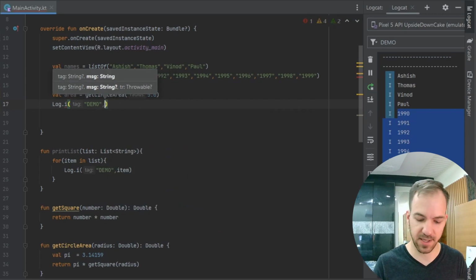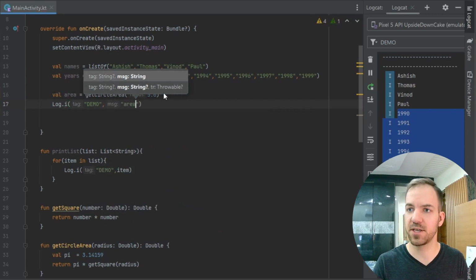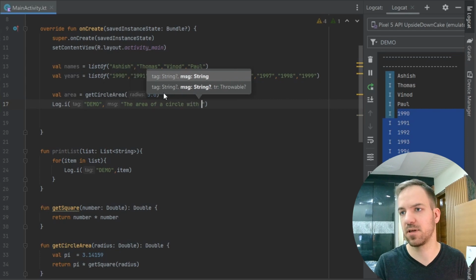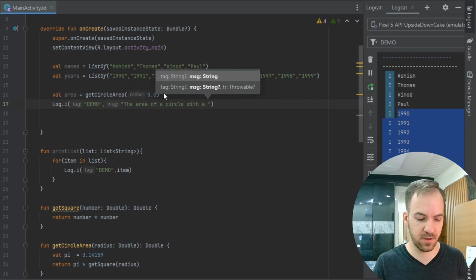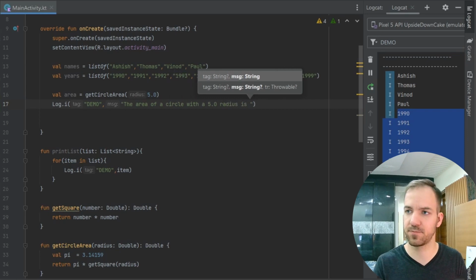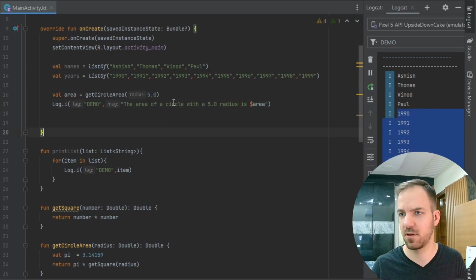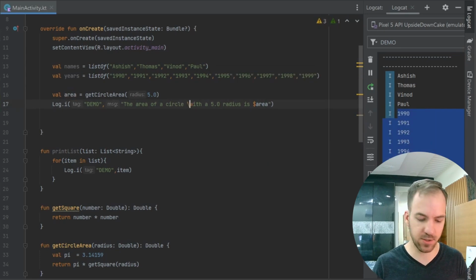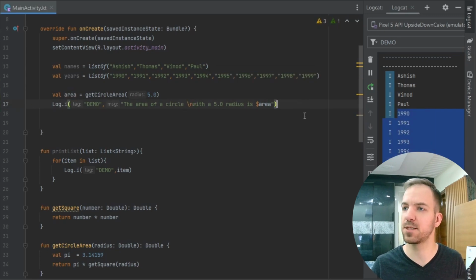We'll do it like this: the area of a circle with a 5.0 radius is, and then in here we can make that $area. Let's just put that on 2 lines so that it's easier to read in our log. Now, if we go ahead and run that,